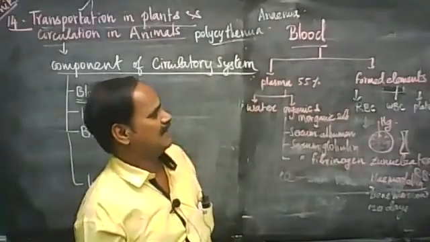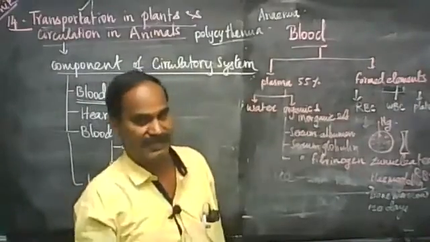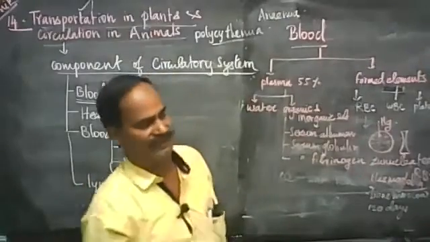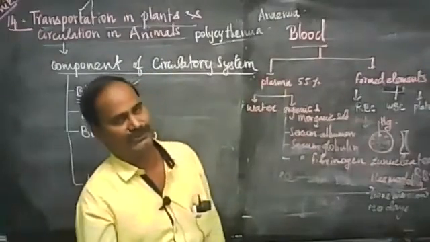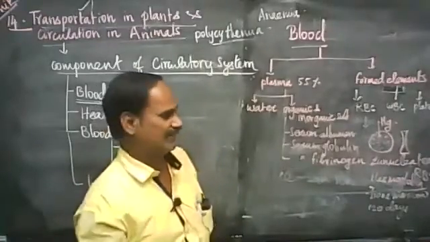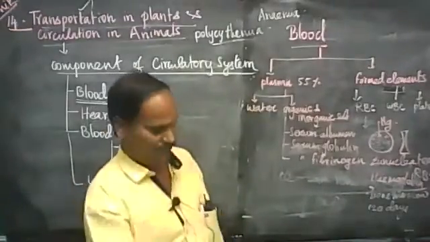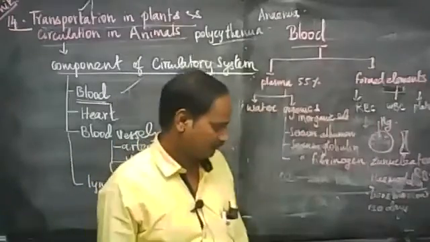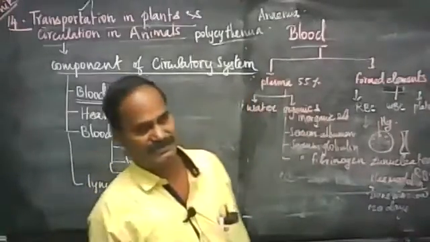So polycythemia, increased number of RBC. Anemia, decreased number of RBC. These are all very notable terms. That is given in the box in your book. Go through that also. They will ask one more question on it also. Right. This is regarding RBC.